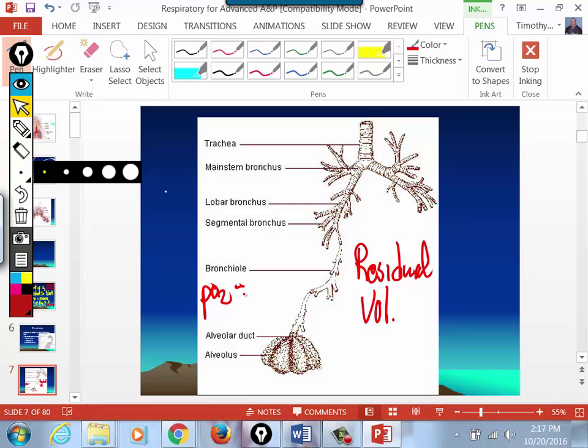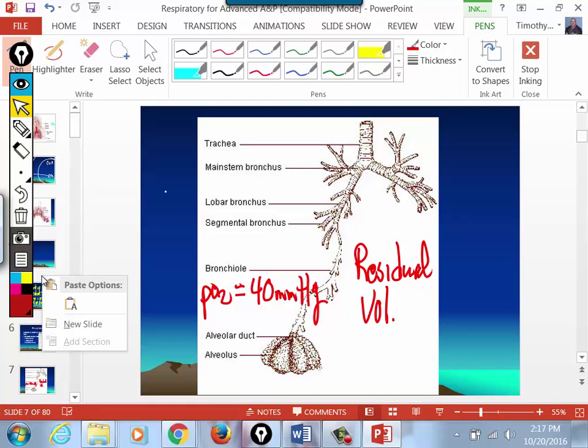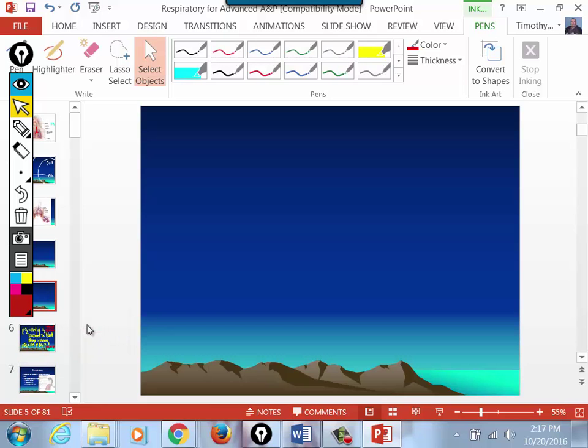But my point is this, that the amount of oxygen, or Po2, in the residual volume is relatively low. It's about 40 millimeters of mercury. But if you recall from Tuesday when I explained to you that the Po2 of the air that you breathe at 1 atmosphere, we did the math. The Po2 of the air that you're actually breathing is 160 millimeters of mercury. Now, if you were able to blow all of the air out of your lungs with each breath and then bring new air in,